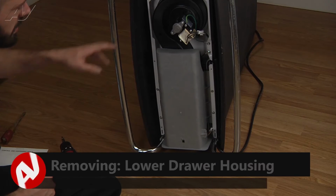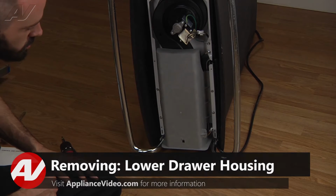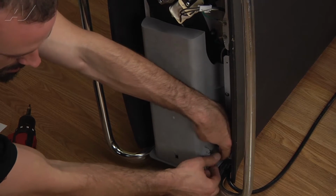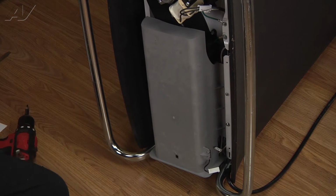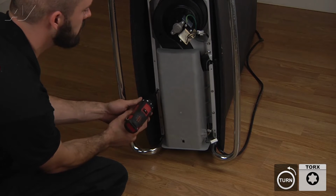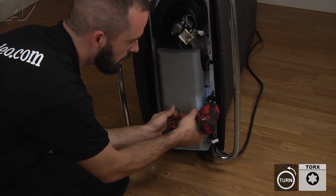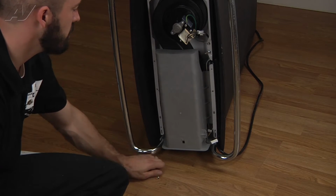To gain access to the heater and blower assembly, we have to first remove the lower drawer housing. This is the difficult part here. First thing you're going to do is disconnect your harness that's going to it. And you're going to remove the 4 Torx screws that hold it to the cabinet. Now once your screws are removed,